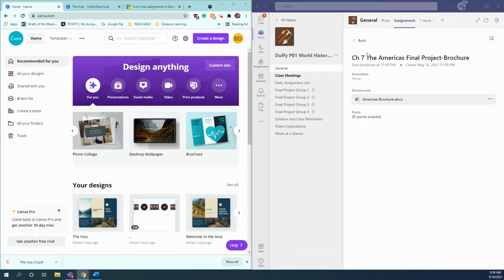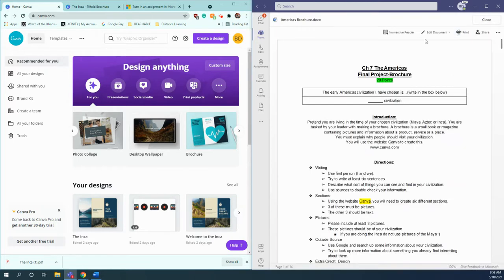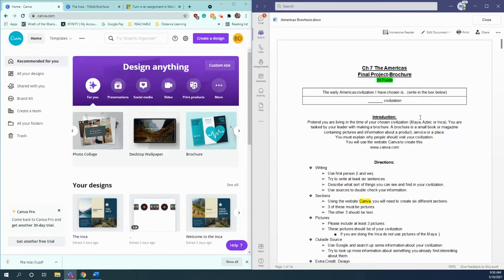So make sure that on Teams, you're looking for the Chapter 7 America's brochure project. You can open it in Teams or however your usual preferred method is. And on Teams is all your directions here. Make sure you guys are reading this introduction